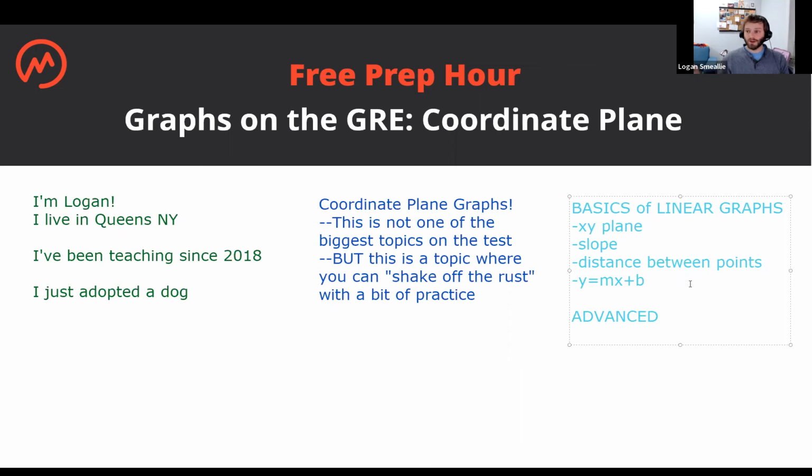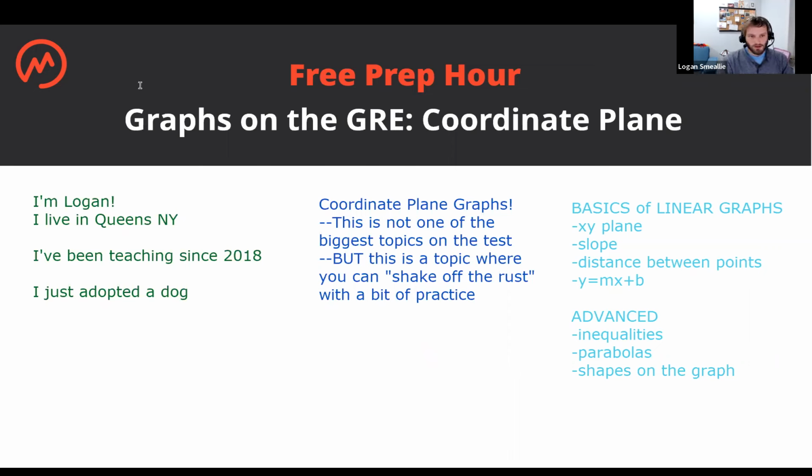Then we're going to do a few advanced things at the end of the night just to see how they mix it up on the GRE. And really, in my mind, there's three ways that they sometimes mix it up. One is inequalities. So this wouldn't be y equals, but y is greater than or less than. Then we get parabolas. That's that U shape that we sometimes see instead of a straight line. And then we have shapes on the graph. So sometimes they will put a circle on an XY plane, or a triangle, or a parallelogram, or something like that. So we're going to take a look at that as well.